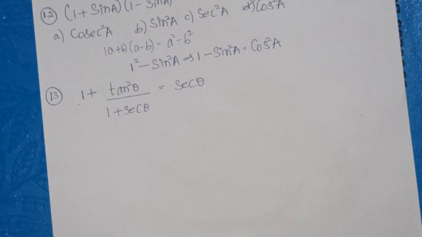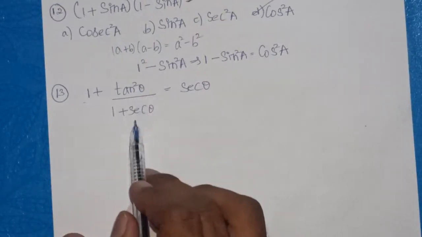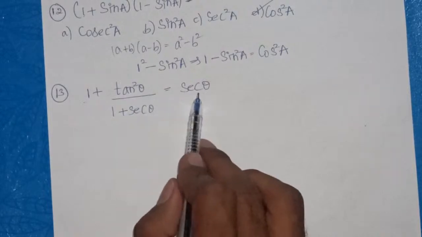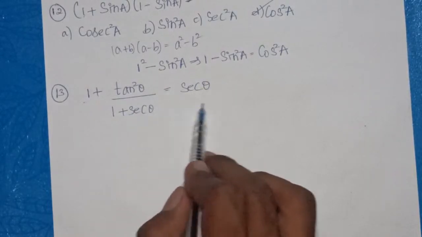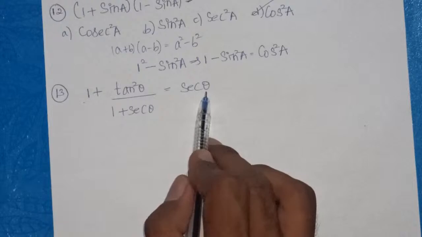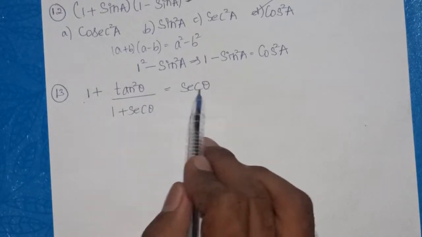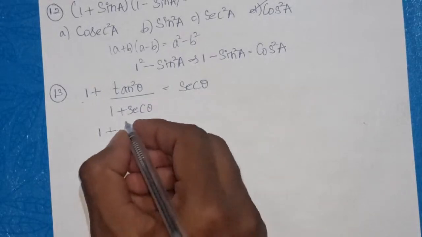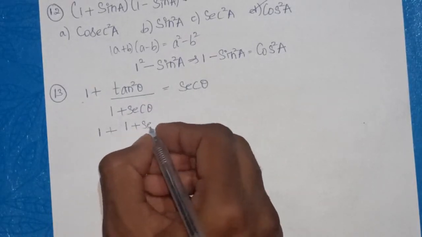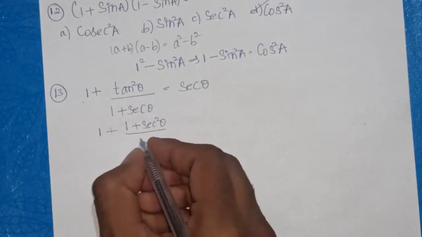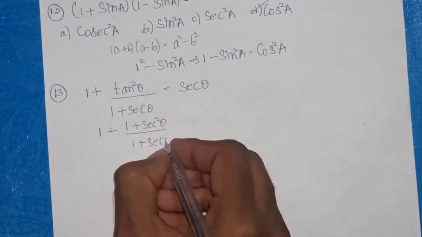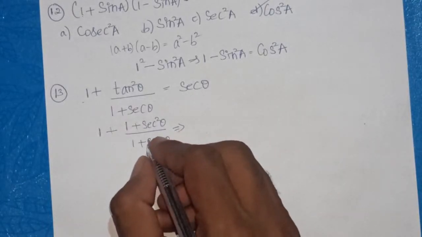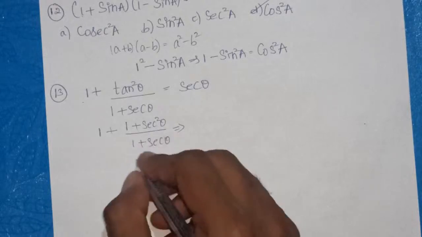Now let's move on to the next question. (1 plus tan square theta) by (1 plus secant theta) will be equal to secant theta. By taking the LHS, we need to prove the RHS, and in the RHS we have only secant theta. Therefore, the LHS will be changed to secant theta. As 1 plus tan square theta can be written as 1 plus secant square theta divided by 1 plus secant theta, equal to, now by taking LCM,